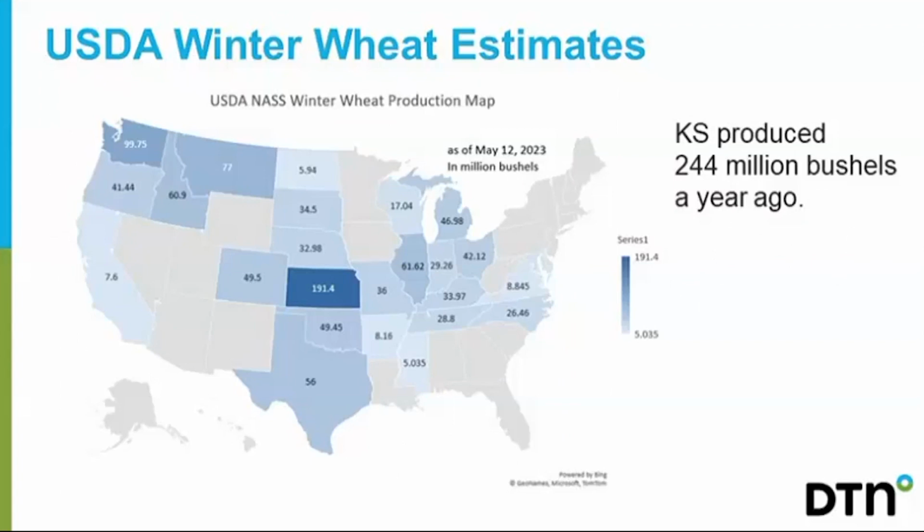Winter wheat estimates. I want to thank Kathy Myers for throwing this graphic together quickly for us today. This is the USDA state production estimates for winter wheat, not all wheat, but winter wheat. And of course, you can see on here the dark blue Kansas jumps out. Even though they're having a very tough year weather-wise, they're still going to be the leading producer of winter wheat with 191 million bushels. But keep in mind, that compares to 244 a year ago when we had drought problems